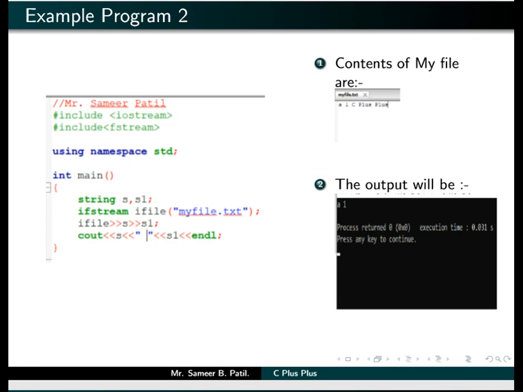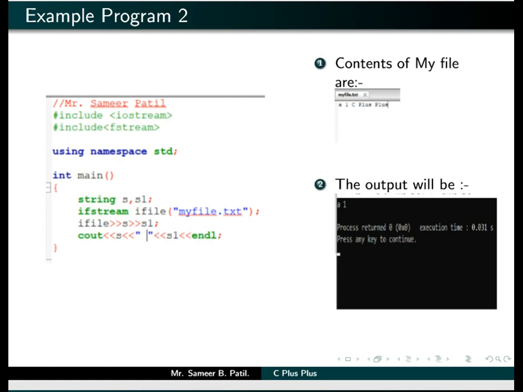So this is the example program. In this you can clearly see that we have included the ifstream class and we are calling this object ifile. Let's say it is the input file, and we are using the same myfile.txt. On the very next line we are saying ifile, then the extraction operator s, then again the extraction operator and s1. That means we are reading two strings from the file, and the same strings are displayed on the screen.